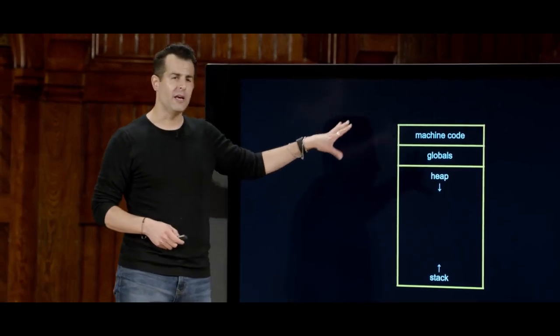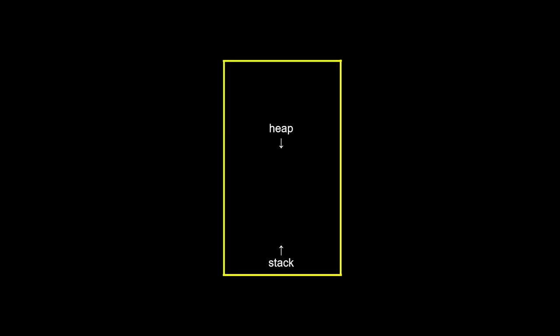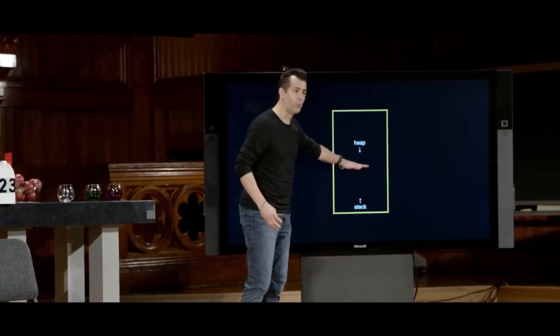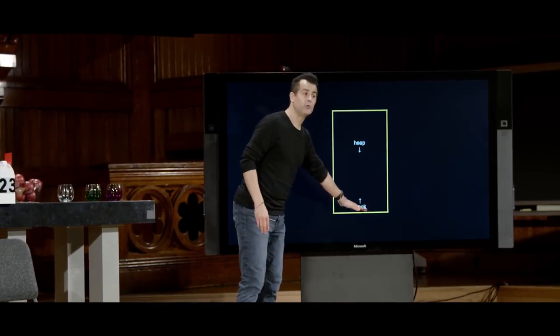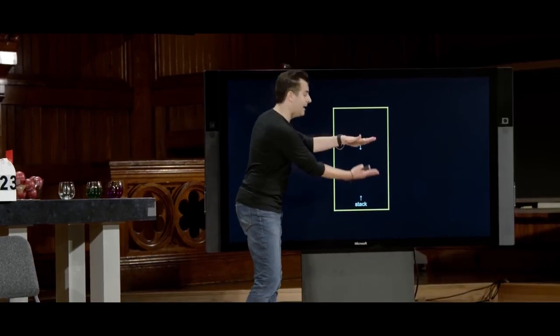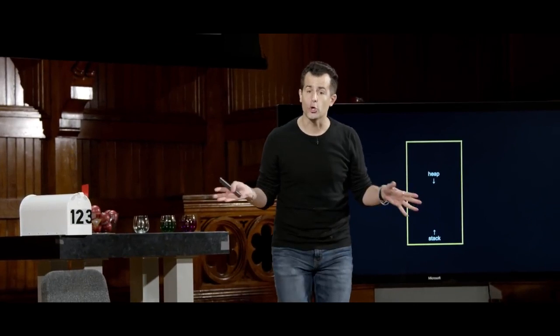First of all, you might have noticed or anticipated this wasn't necessarily the best design, right? What strikes you as worrisome about this picture at the moment? Right, they're going to collide with each other, right? If I keep calling malloc, malloc, malloc, malloc, per the arrow, I claim that you're going to keep using more and more memory. But it turns out you're going to keep using the stack, too. If you call function, function, function, function, you're going to collide or somehow overrun each of these chunks of memory. And in fact, recall recursion from last week.